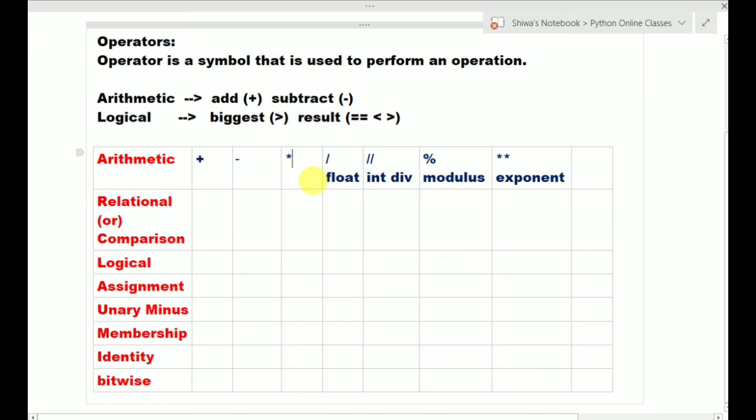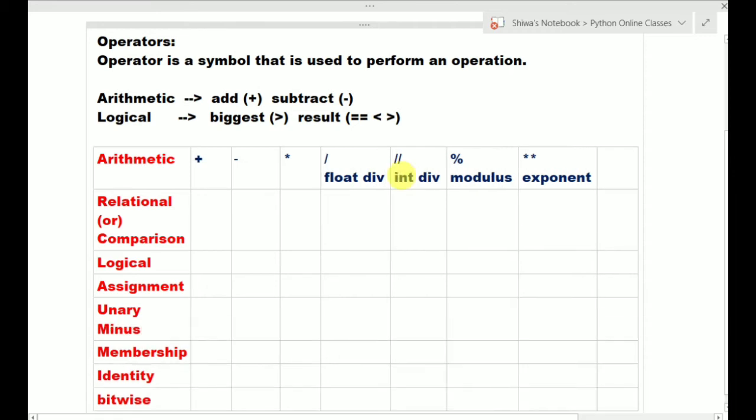I am just writing the list of operators here. Later I will explain each and every operator with examples clearly. Here plus is addition, minus is subtraction, into is multiplication, which you already know. Slash is float division, double slash is integer division, this one is modulus, and the double star is the exponent operator.